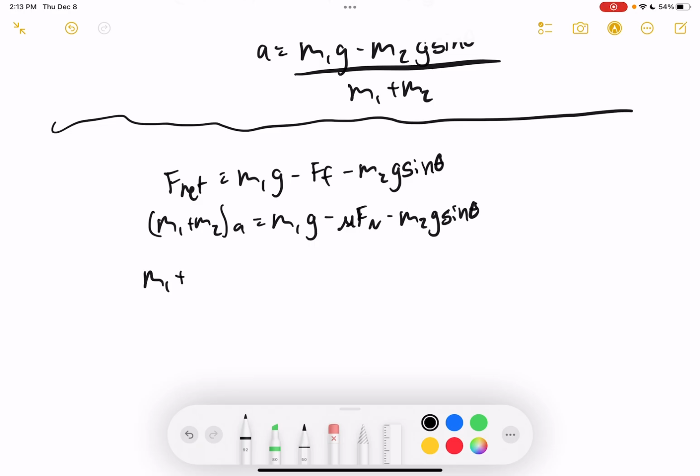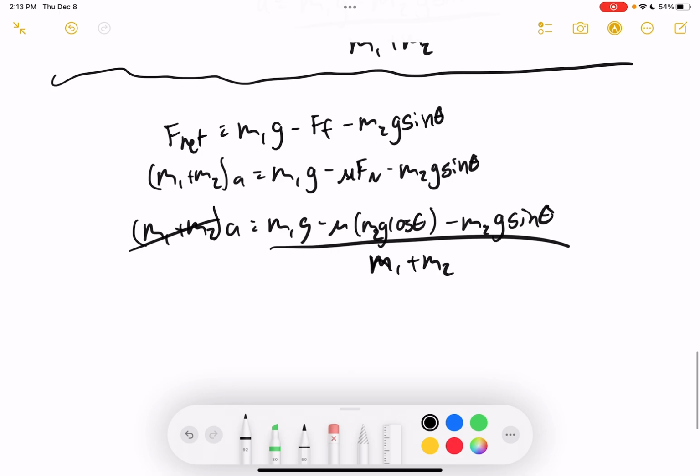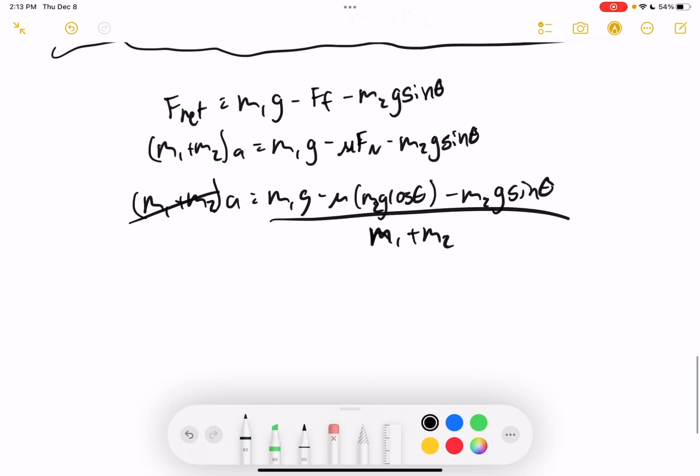So I have (m1 plus m2)a equals m1g minus mu, and then I have m2g cosine theta, remember, this is m2g cosine theta, minus m2g sine theta. Okay, and then I would divide everything by this m1 plus m2, so divide all this by m1 plus m2, and that would give me my acceleration. Now, there may be some different ways you could simplify this, but this is an answer that is, I think,